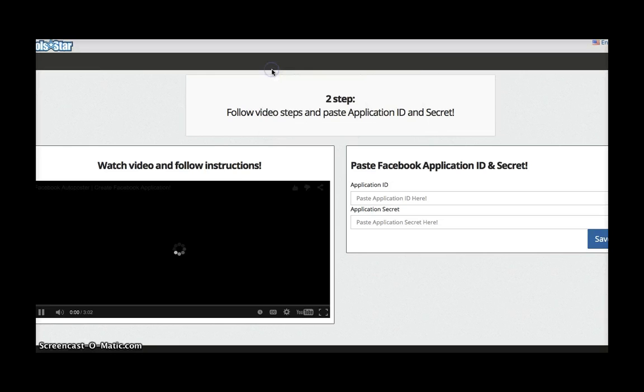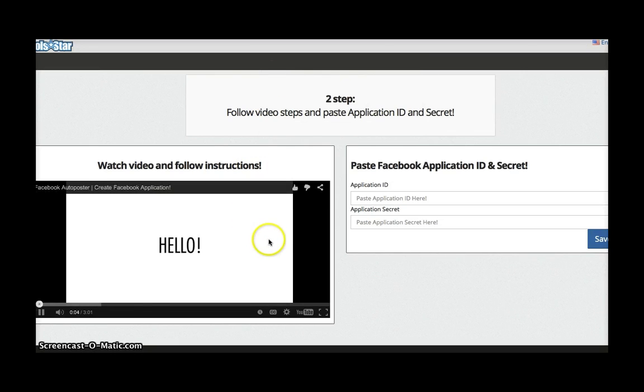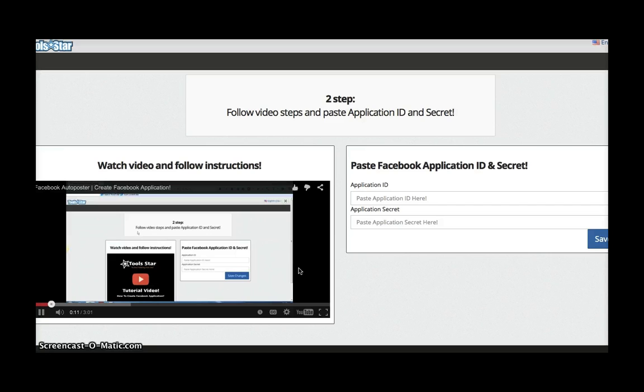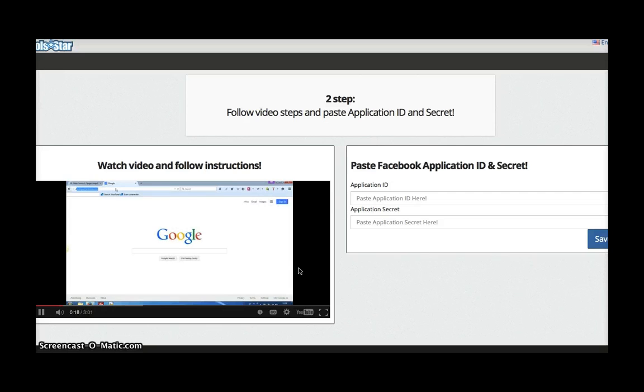Hello! Before you can start using Tools Start Auto Poster, you must create a Facebook application. In this video, we show you how to do just that. Follow all the video steps, and if you miss anything, just watch the video again and fix any issues. So, to start, first type in the address bar